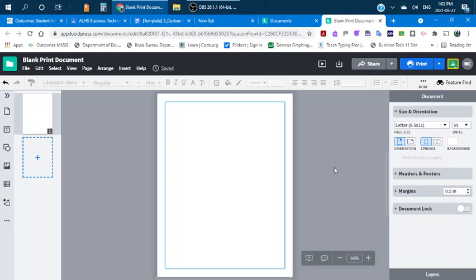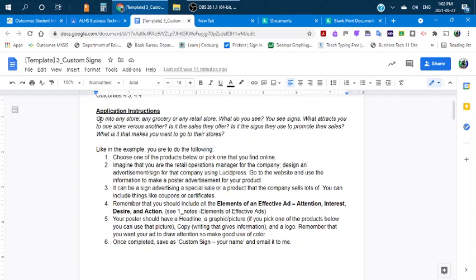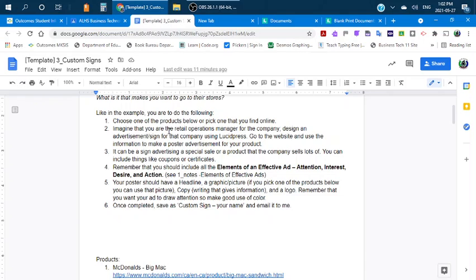So what we want to do, if we look at our assignment for number 3 here, custom business signs, or custom signs for businesses. Go into any store, any grocery or any retail store. What do you see? You see signs. What attracts you to one store versus another? Is it the sales they offer? Is it the signs they use to promote their sales? What is it that makes you want to go into their store? So what we're going to do is